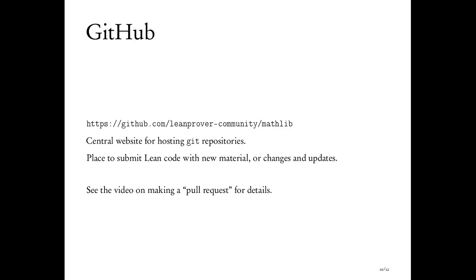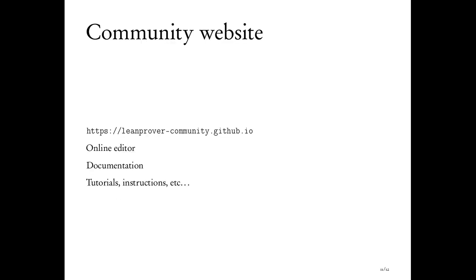The next website that plays a big role in day-to-day life with Lean is GitHub. It is a website that hosts Git repositories. This is the place where updates to Lean and Mathlib are proposed and discussed. If you are interested in contributing, please take a look at the video on how to make a pull request to Mathlib. Last but not least is the community website. There is an online editor where you can try out Lean. The website contains documentation of Mathlib, links to tutorials and other learning materials, and also installation instructions,